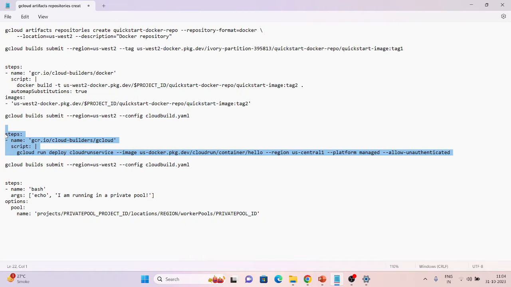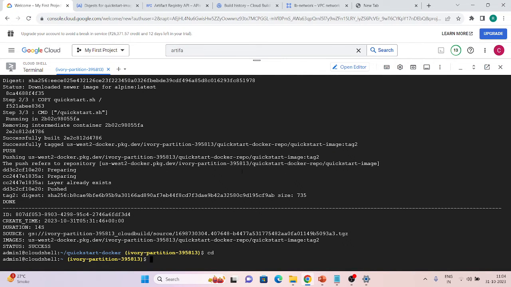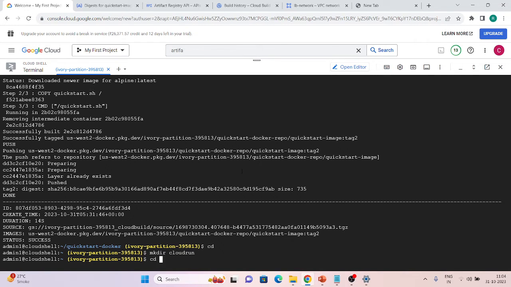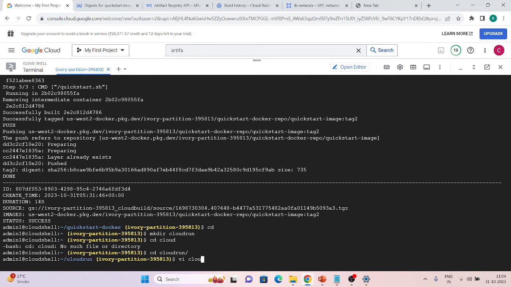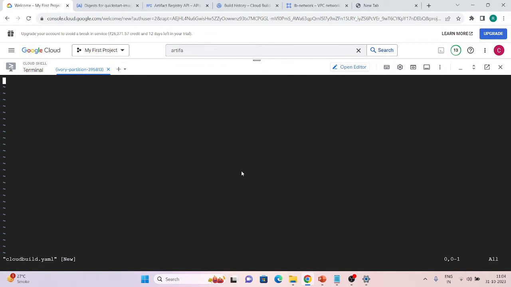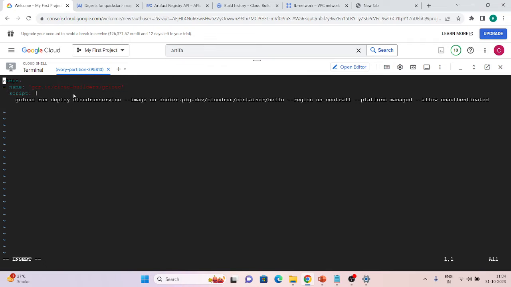So let's go here, copy these steps, and create one more directory. Make directory cloudrun, cd cloudrun, and we will create a cloudbuild.yml here also. Just paste this command. So we are using gcloud and running this command. And before